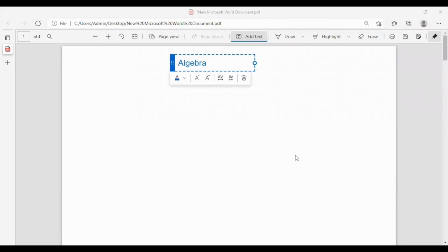Hello everyone. Today we are going to talk about the topic algebra. What is algebra? Algebra is one of the broad areas of mathematics. It is that branch of mathematics where you get the problems in the form of mathematical expressions. You can say the branch of mathematics that deals with representation of problems in the form of mathematical expressions, and